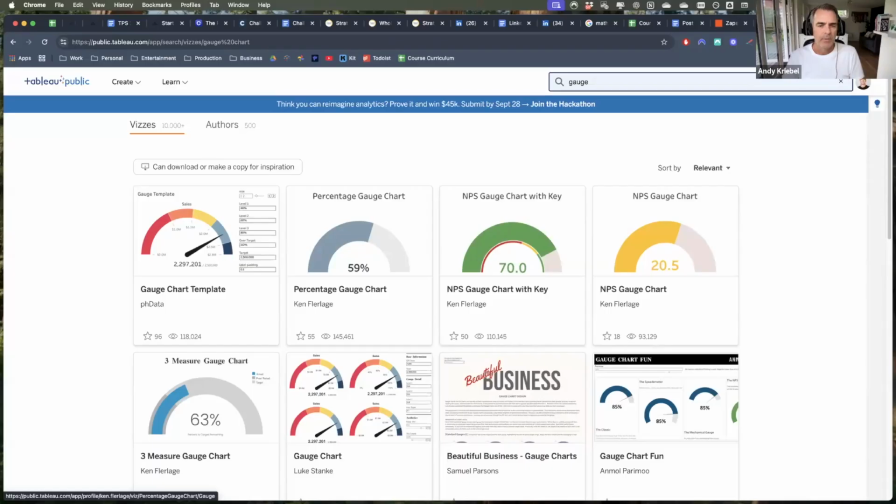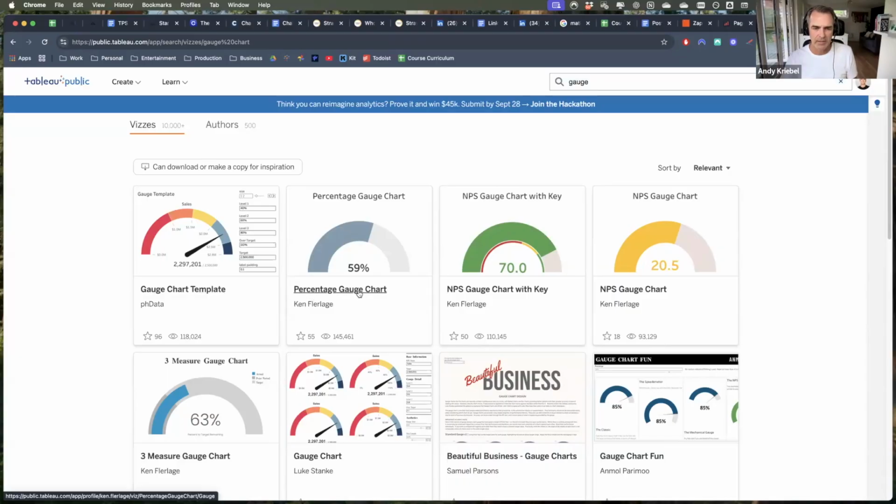calculations. Because when I look at the different examples by people I really trust, and actually I'll go ahead and share my screen with you, Eva, because I think it'll be really useful for me to show you my process on how I did this. What I do is I go out to Tableau Public and I always look for authors that I know and trust. So,